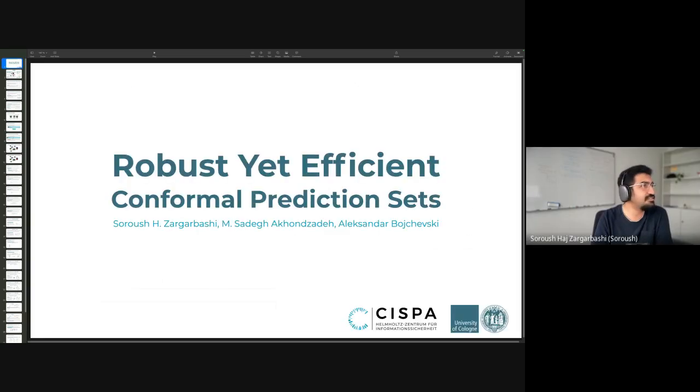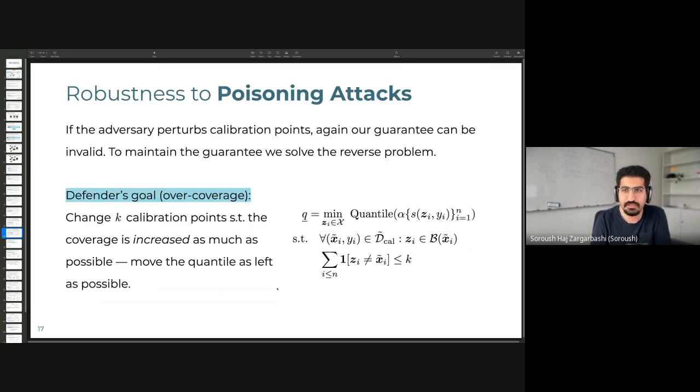The paper is titled Robust Yet Efficient Conformal Prediction Sets, and it was in ICML 2024. We also address label poisoning there, but the upper bound, lower bound discussion that I make is for feature poisoning, not label poisoning, because there you are just switching from one label to another label. You're not changing anything in the feature space to capture how much the score would shift. So there, you should solve a mixed integer linear program to get the certified 1 - alpha coverage.